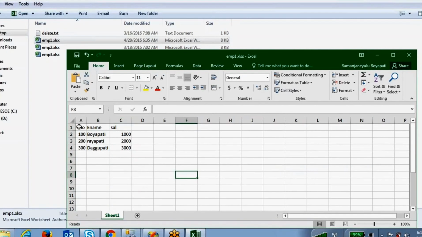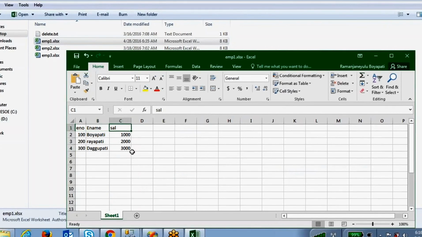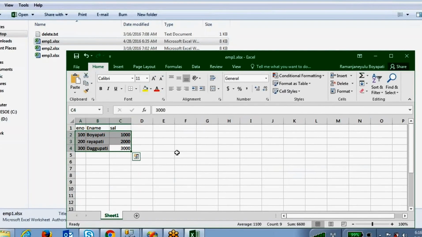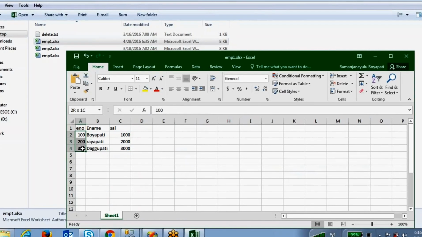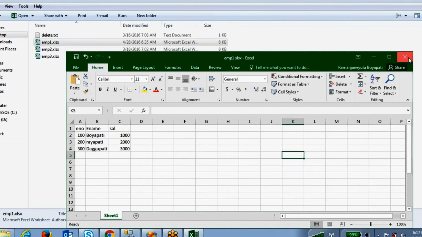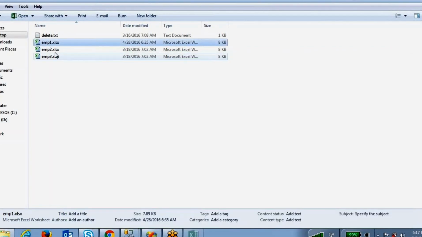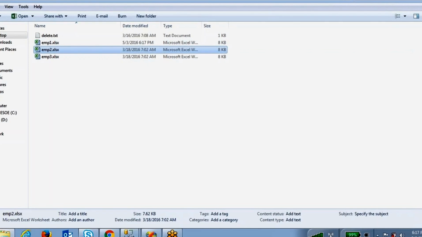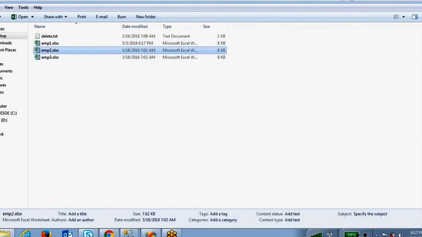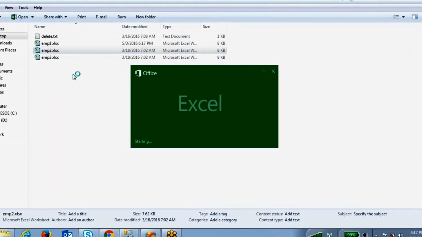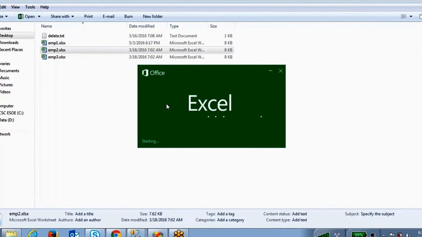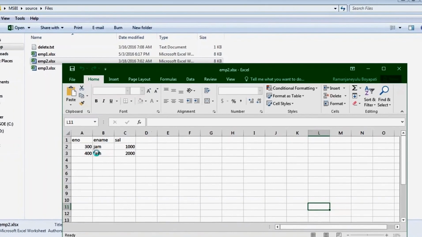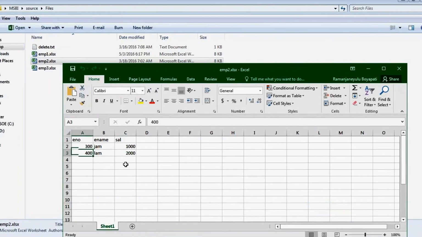Each file has employee number, employee name, salary, and data. Here it is 100, 200, 300. In the second file I have 300, again 400. If you want to make 800 also, you can.